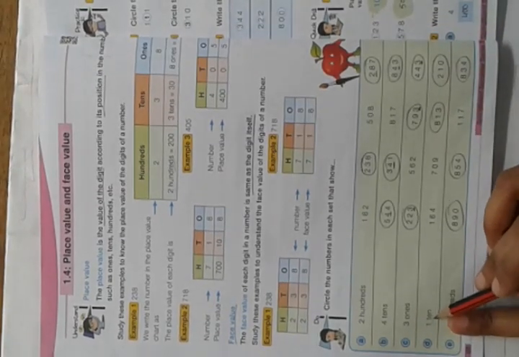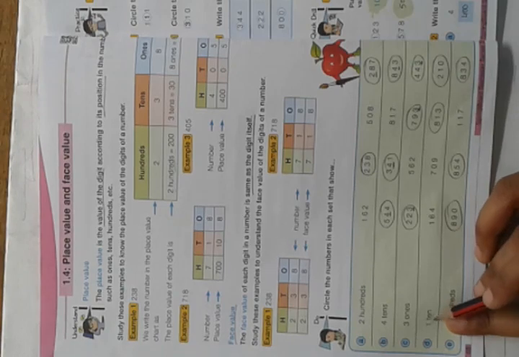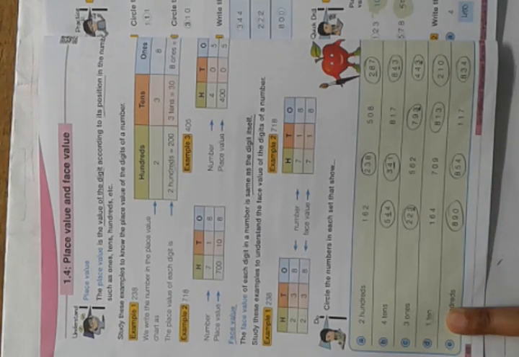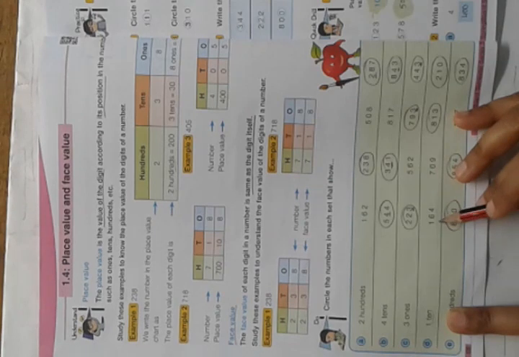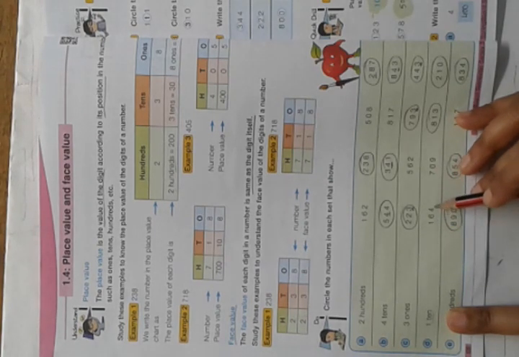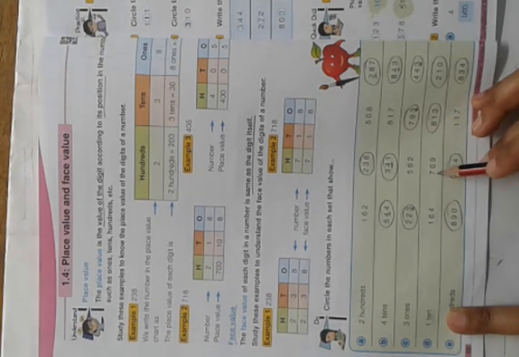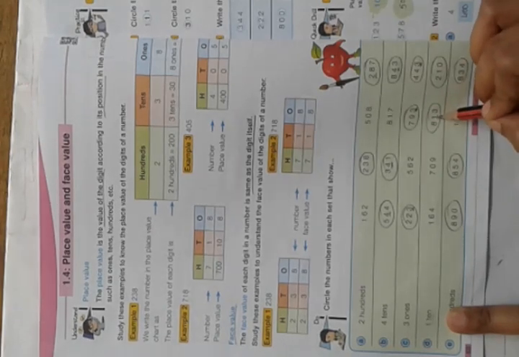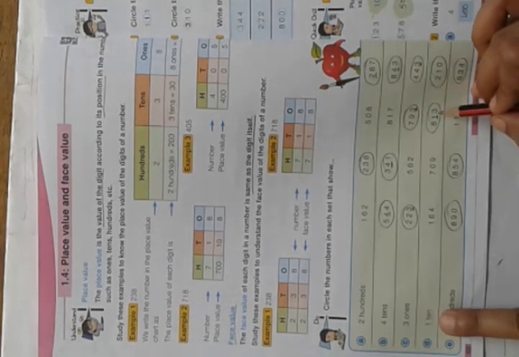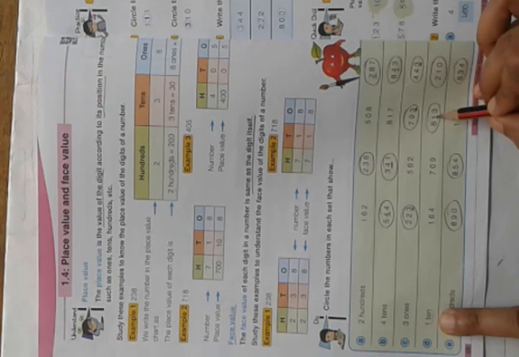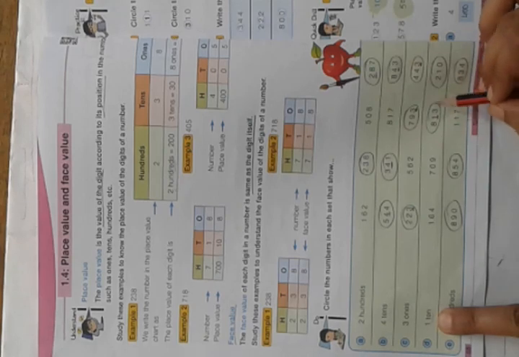110 means its value is 10. Okay. 110 means in the tens place we have to see 1. If you see 1 in the tens place, we have to circle those numbers. So here 164. Okay. 709. See here 10. 110 means 10. 813. In the tens column we have to see 1. So circle these numbers.